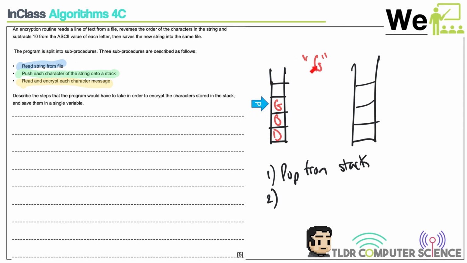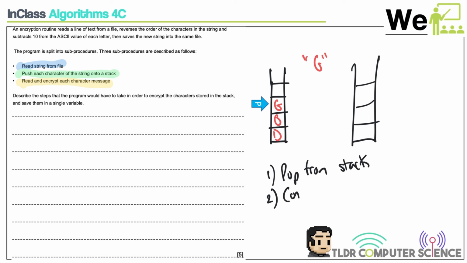I'm popping the G. I've got the G off here, and then do I just put a G here? I've got to take away 10 from the ASCII value. So to do that, is that an ASCII value? No, an ASCII value would be some kind of numerical number. So what will I need to do? I'll need to